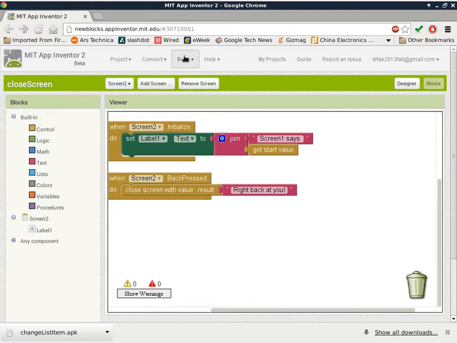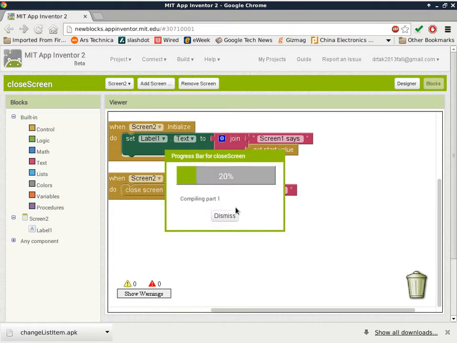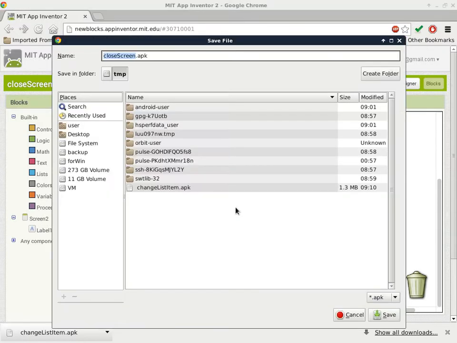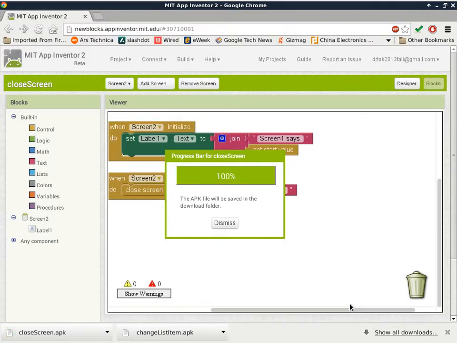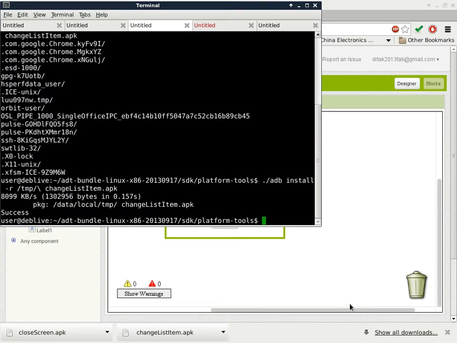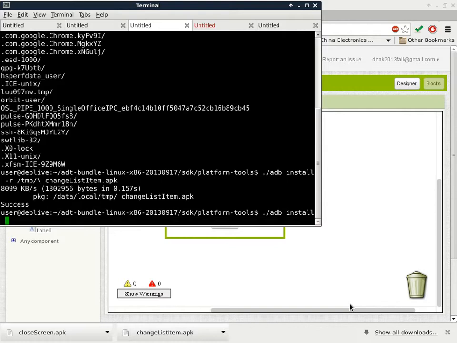So let's go ahead and build it again, and we'll test this out and see whether it works. I already know that it works, but I just want to show you guys that it does work. That's pretty fast. This time the progress bar just completed in a fraction of a second. It's still gonna make you wait. There we go. So we just save it without a space bar in front of the name, and then we'll upload it and install it. adb install -r